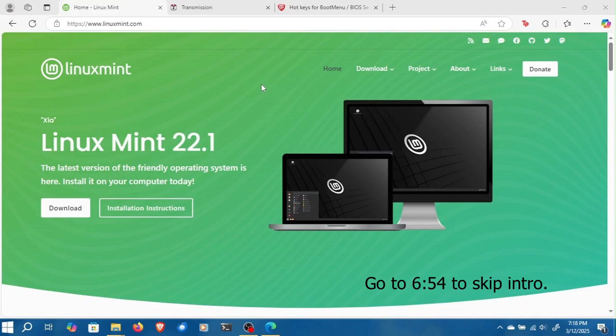You can try Linux Mint in a virtual machine. You could try Linux Mint, or any other Linux distro, on the website that I linked in the description, DistroSea. You can try out many different Linux distros. Now, Linux Mint and other regular Linux distros like Ubuntu and Debian, and I linked them in the description,